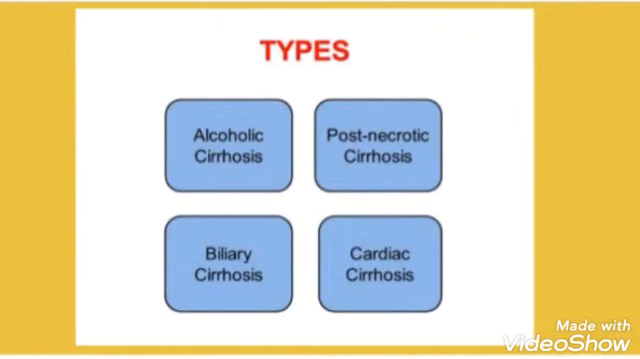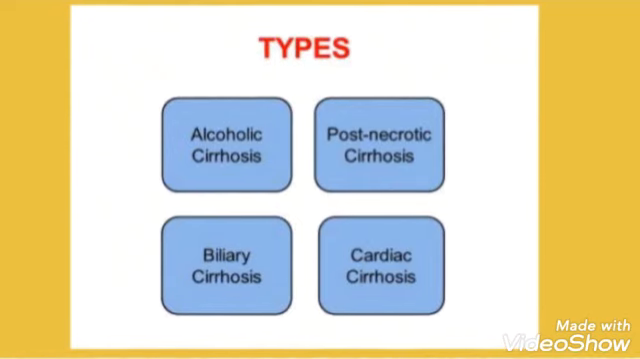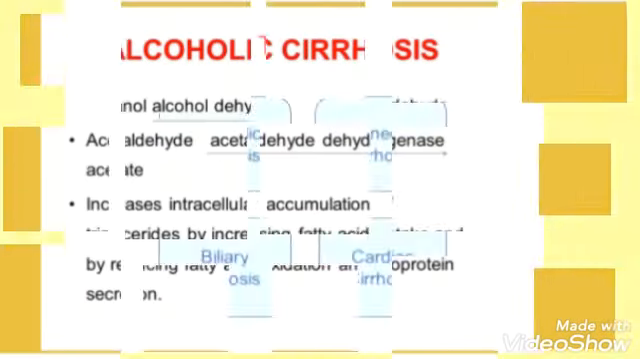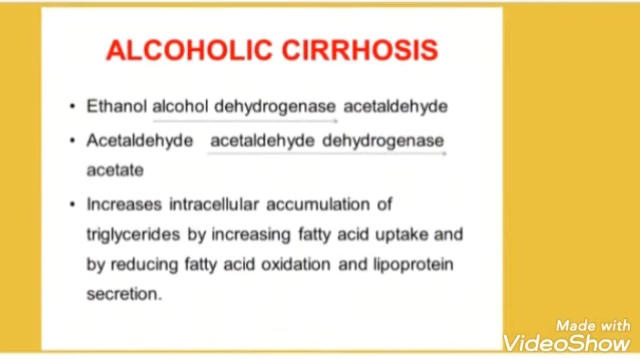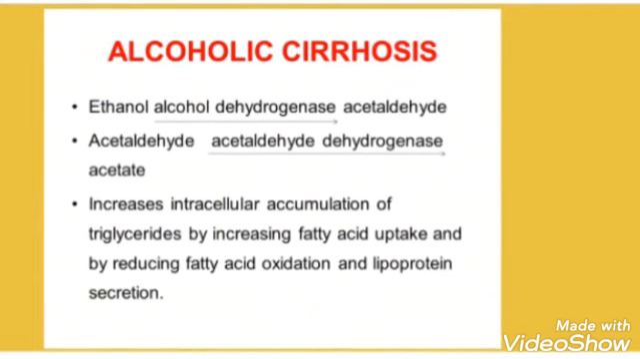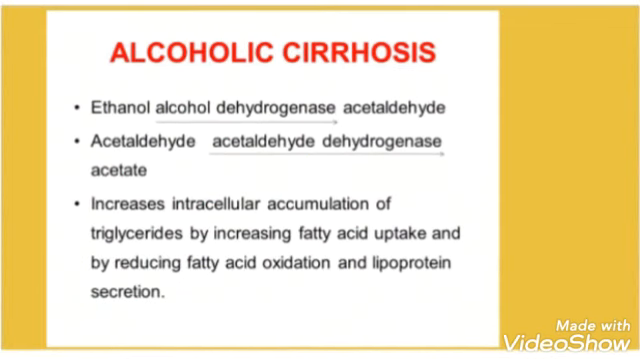And we'll see the types. There are mainly 4 types: alcoholic cirrhosis, post-necrotic cirrhosis, biliary cirrhosis, and cardiac cirrhosis. The first one is alcoholic cirrhosis. As the name suggests, it is due to alcohol, when the person is more prone to alcohol. In this, ethanol goes through alcohol dehydrogenase to acetaldehyde, then acetaldehyde dehydrogenase to acetate, which increases intracellular accumulation of triglycerides by increasing fatty acid uptake and by reducing fatty acid oxidation and lipoprotein